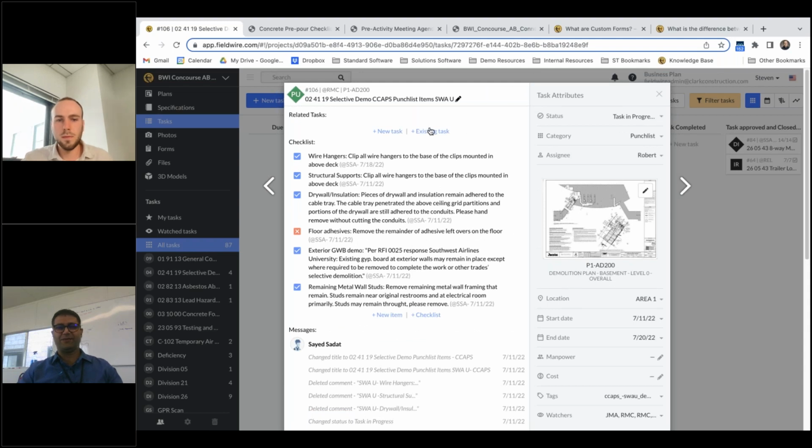Right. So as you can see, it's one of our punch list items that we want to make sure that the subcontractor does its work in accordance with the contract documents, per the drawings and per the specs. And we want to make sure that prior to closing them out and having them demobilized, we go through several items to make sure they have done them in a proper manner. And we have created tasks, whether they were done or they were not done, what was required, what items have been completed and what items have been remaining.